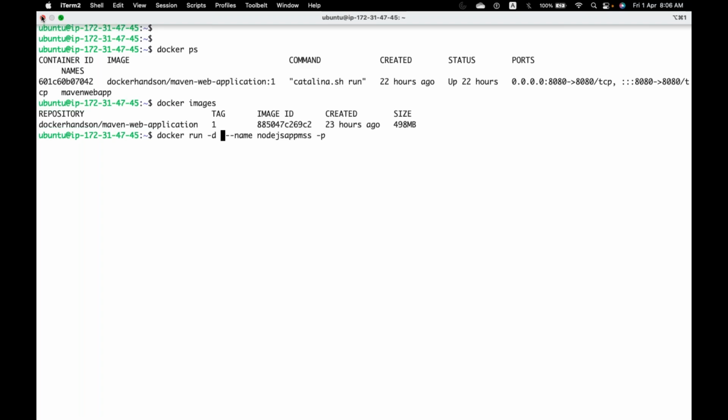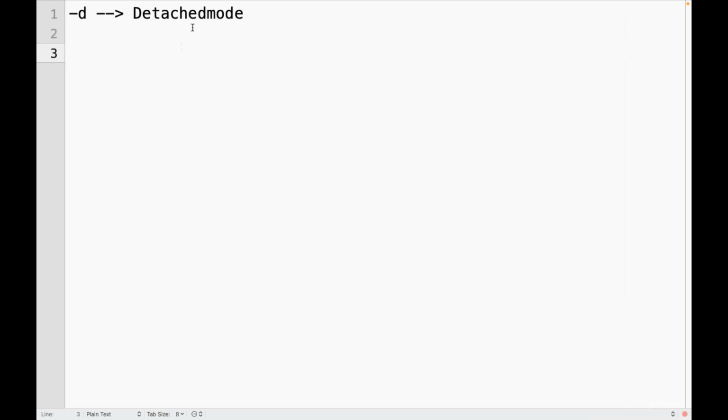Yes, that is -D. What is this hyphen name? As I already told yesterday, it is the name of the container. Can I give any name like ABC, XYZ also if required? Yes, but give a meaningful name. Now, if I don't use this one also,